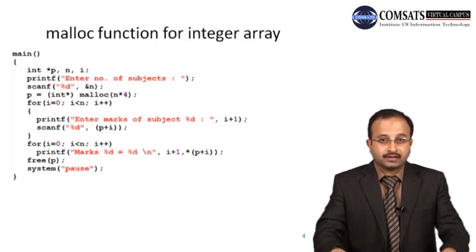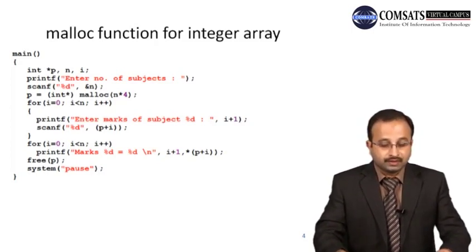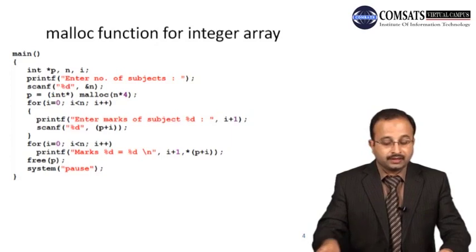the subjects which we had to enter, in Enter number of subjects, if the user has input 4, then the program will ask or prompt the user to input marks of 4 subjects. So it will display the message enter marks of subject 1, you enter the marks, then it displays the message enter marks for subject 2, you enter those marks, and then enter marks for subject 3 and enter marks for subject 4. So if you specify the number of subjects as 100, then this loop will run 100 times